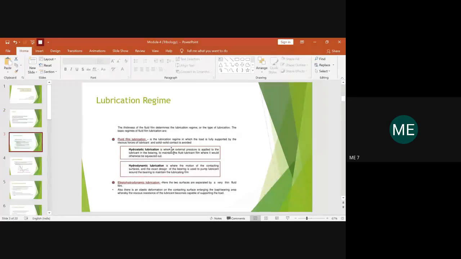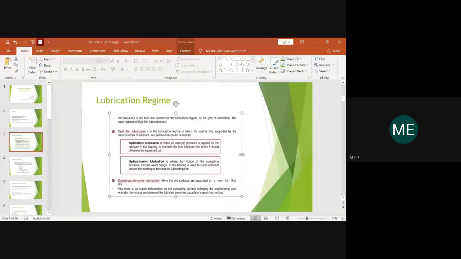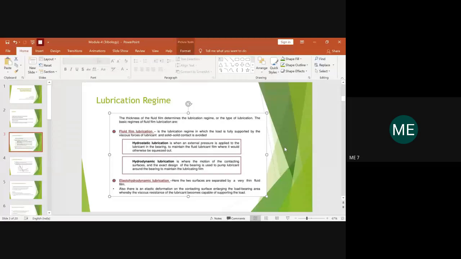With this, I wanted to start with hydrostatic lubrication. But it is not a new word for you. We dealt with the classification of lubrications when we studied the lubrication part in tribology. We have different classifications based on the thickness of the film and other factors as well. In that, hydrostatic lubrication is one part. We have already dealt with hydrodynamic lubrication and how to solve problems associated with hydrodynamic journal bearings. Full idealized journal bearing also we have dealt with. Similarly, now we go on with hydrostatic lubrication.